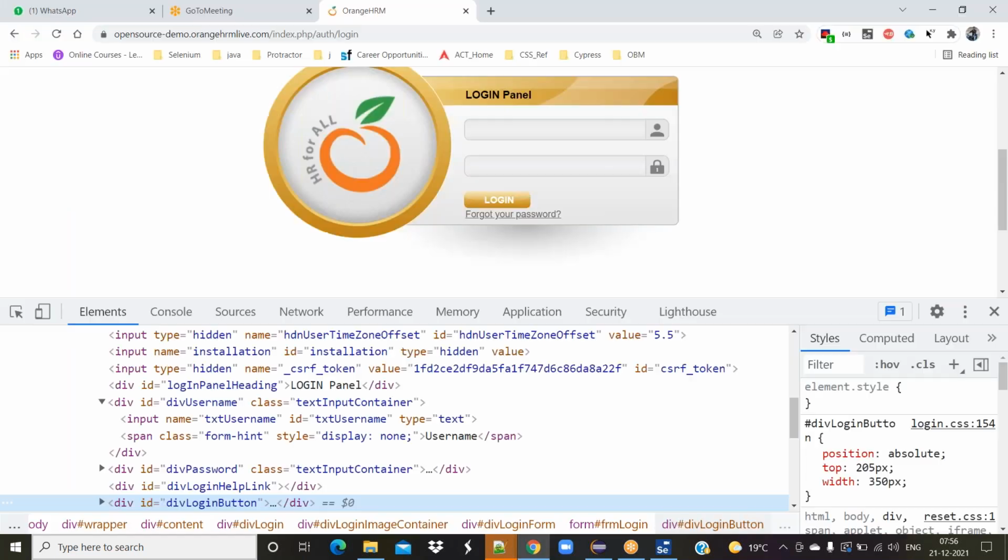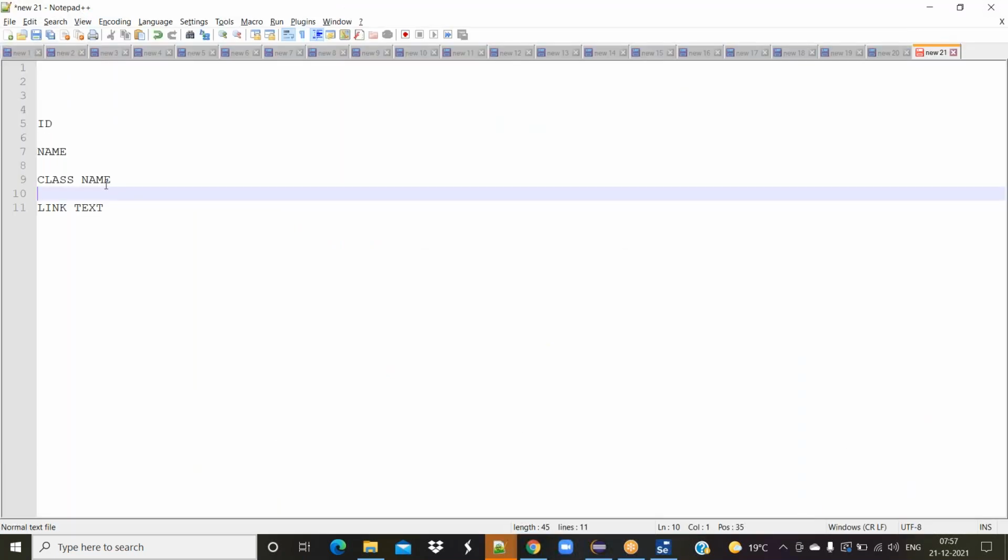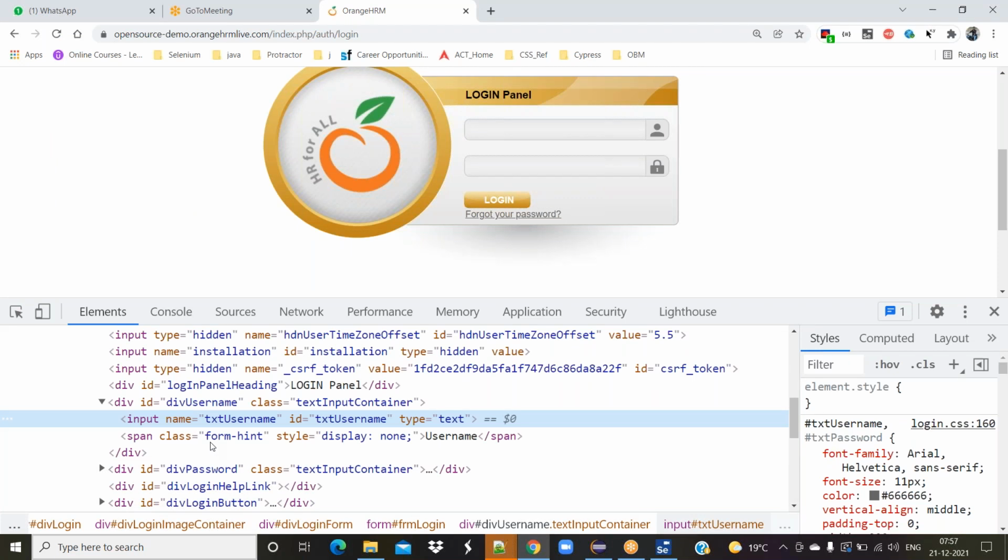So ID is nothing but, whenever we have ID equal to this, it is an ID attribute. The second one is the name attribute. The third one is class name, which is nothing but class equal to this one. This class attribute is not there for the input tag. These are all optional choices of the front-end developers.